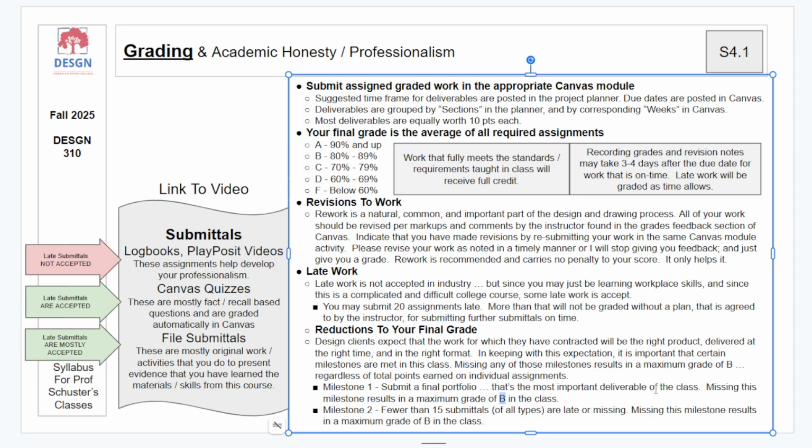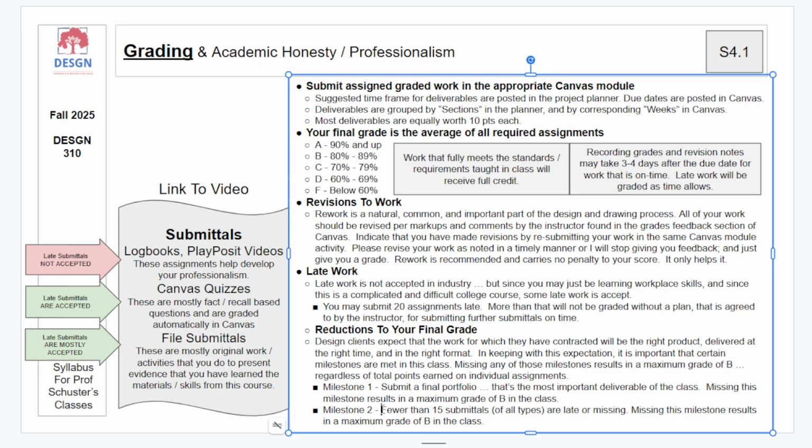If you've got a C in the class and you miss submitting your final portfolio, you'll still get a C. So this only deducts you if you would have had an A but did not submit the final portfolio. You must submit it if you want an A in the class.